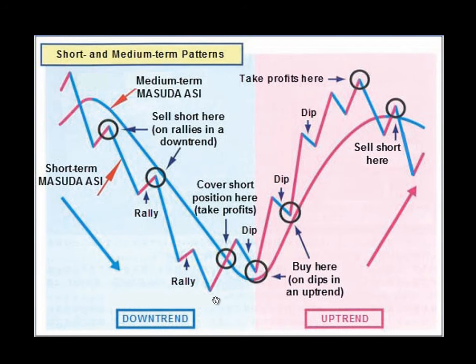These are very important in terms of, well, in the case of short selling, if we are in a downtrend already, we want to be able to sell at the highest point and then buy back at a low point. Now, it's impossible for anyone to be able to forecast when the high point will be or when the low point will be. Nobody knows that, but in this context we have a confirmed downtrend now with the medium-term line turning blue, and the short-term line is going below the medium-term line, so we're quite confident we're in a downtrend right now. So rather than buying somewhere here, for example,